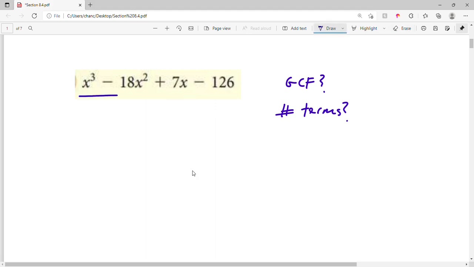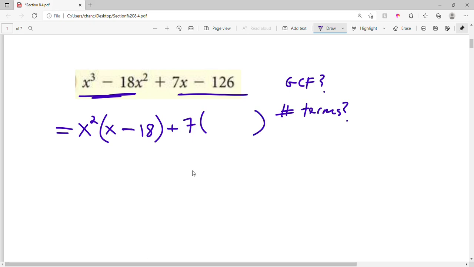Let's look at the first pair and the second pair. For the first pair, notice we have a common factor of x squared. And then we'll ask, x squared times what gives us x cubed? This has to be x. X squared times what gives us 18x squared? This has to be 18. Plus, we can factor out a 7 from the second term. 7 times what gives us 7x? This must be an x. And 7 times